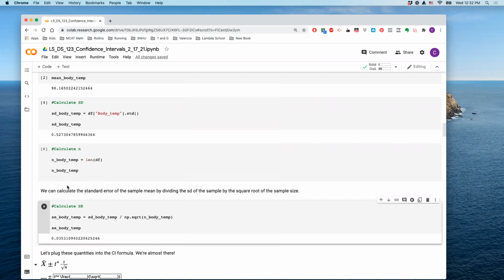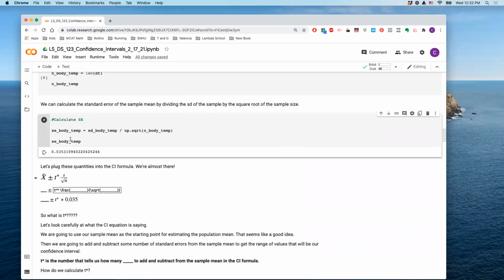And so that's what we're seeing here, is that we expect individuals walking around, their body temperatures could vary a fair amount. But if you go and get a whole bunch of people and take the mean body temperature, because individual high and low values will balance each other out, that mean we expect to be less variable.